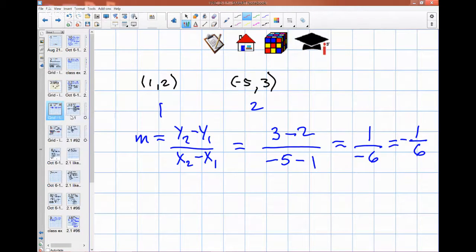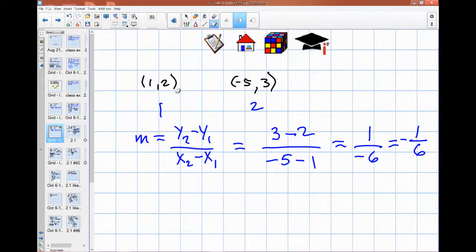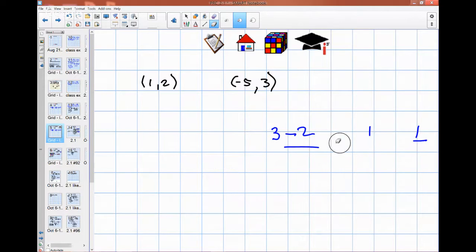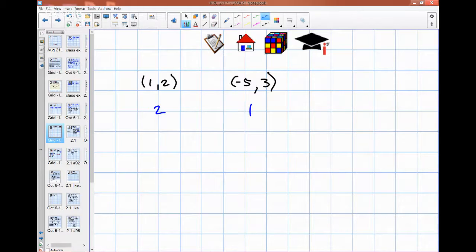copy this page, and then on this page I'm going to just erase all of this, and we'll do it the other way. So this time, yeah, thanks, Brandon. I forgot I was going to do that. So let's call this point 2 and this point 1, which is the opposite of what we did the first time. So once again, the slope,